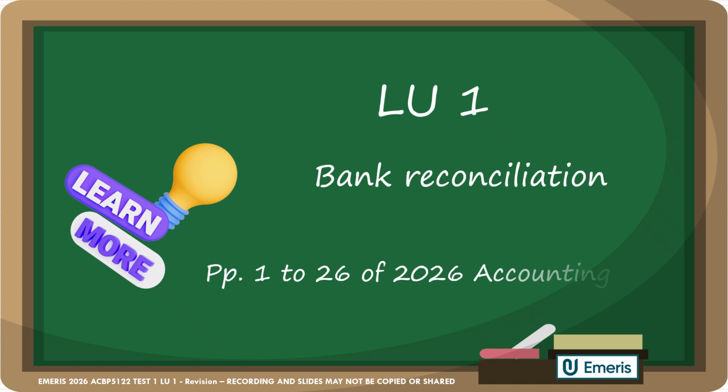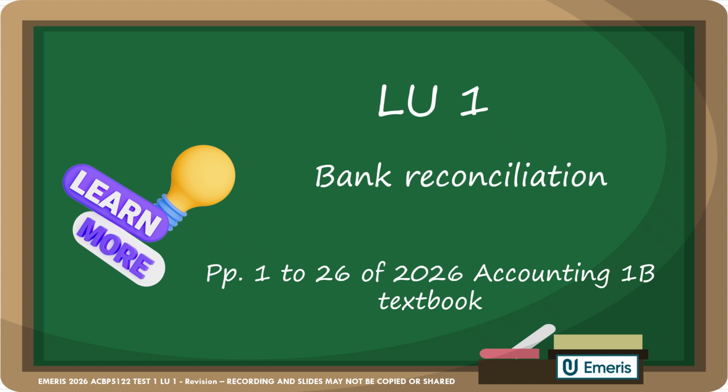Let's go through Learning Unit 1 and see if that will help you to explain to your cousin why there is a difference between her records and that kept by the bank. In our textbook, if you want to follow along, we're going to be working through pages 1 to 26 of